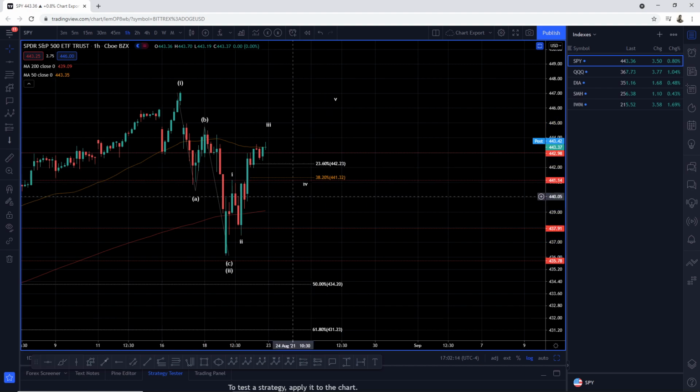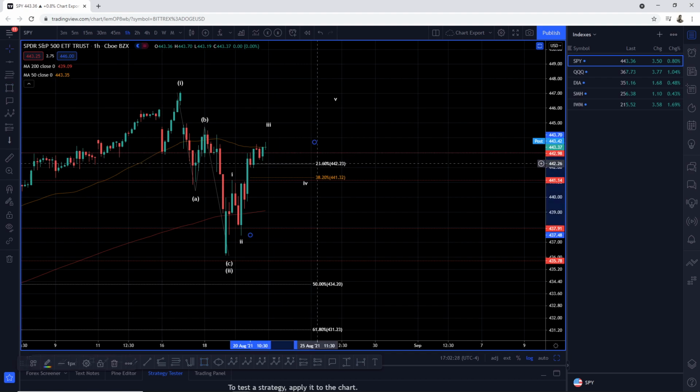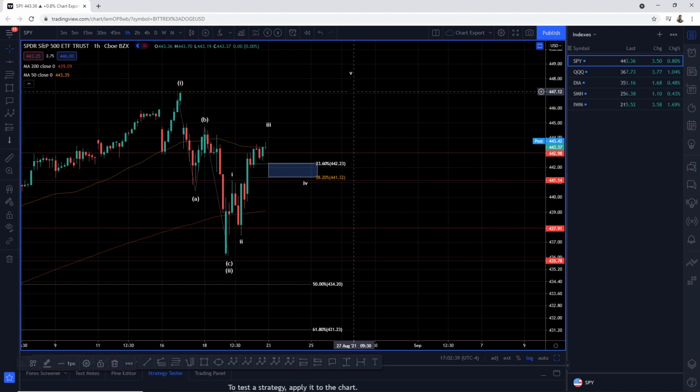But this is here. So these levels that we should be looking for coming into next week are rather 442.23 and 441.32. Okay, so once we find support, or perhaps we just head on higher. But if we keep on heading on higher, it's even better because these zones then keep on pushing further up. But for now, we're going to call this our zone for our next trade, to take advantage of the upside trade to the wave 5.